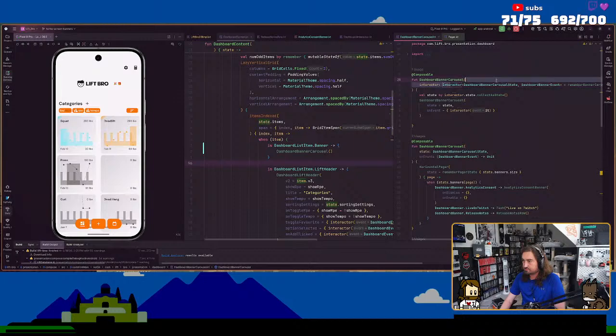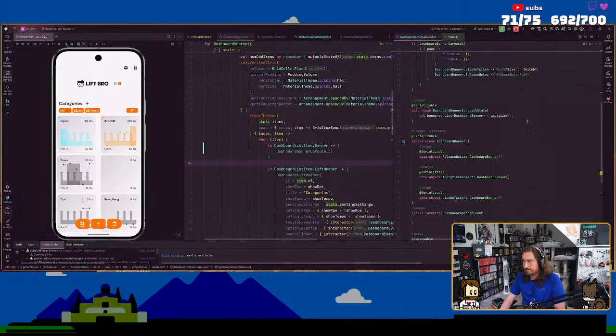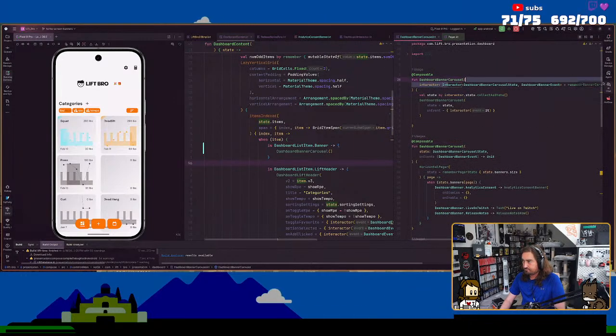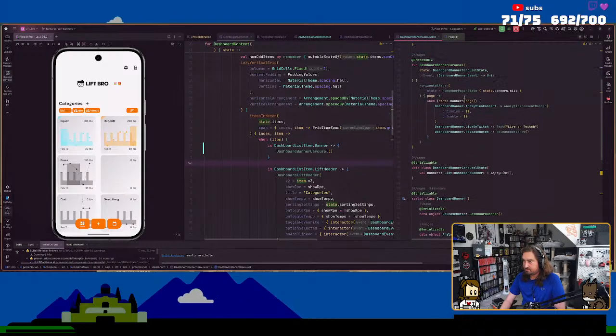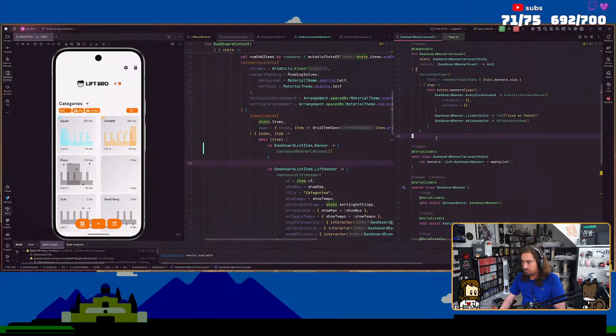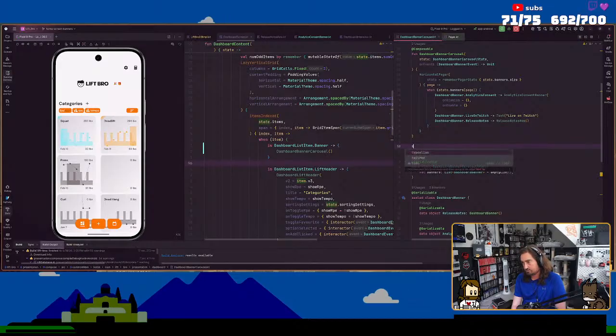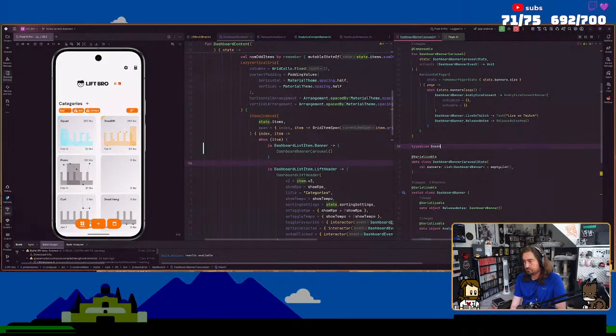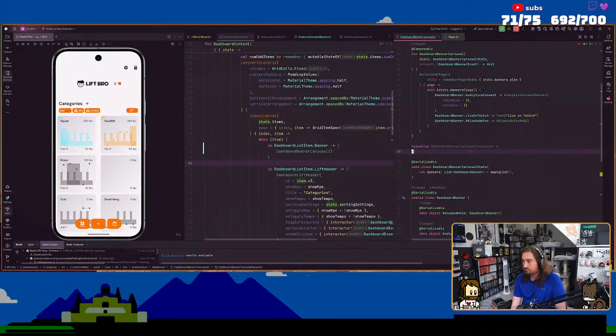What I want to do actually is create a way to see. I'm going to type alias this. Yank to equals, and then I go type alias dashboard banner carousel interactor. Not that that's much.